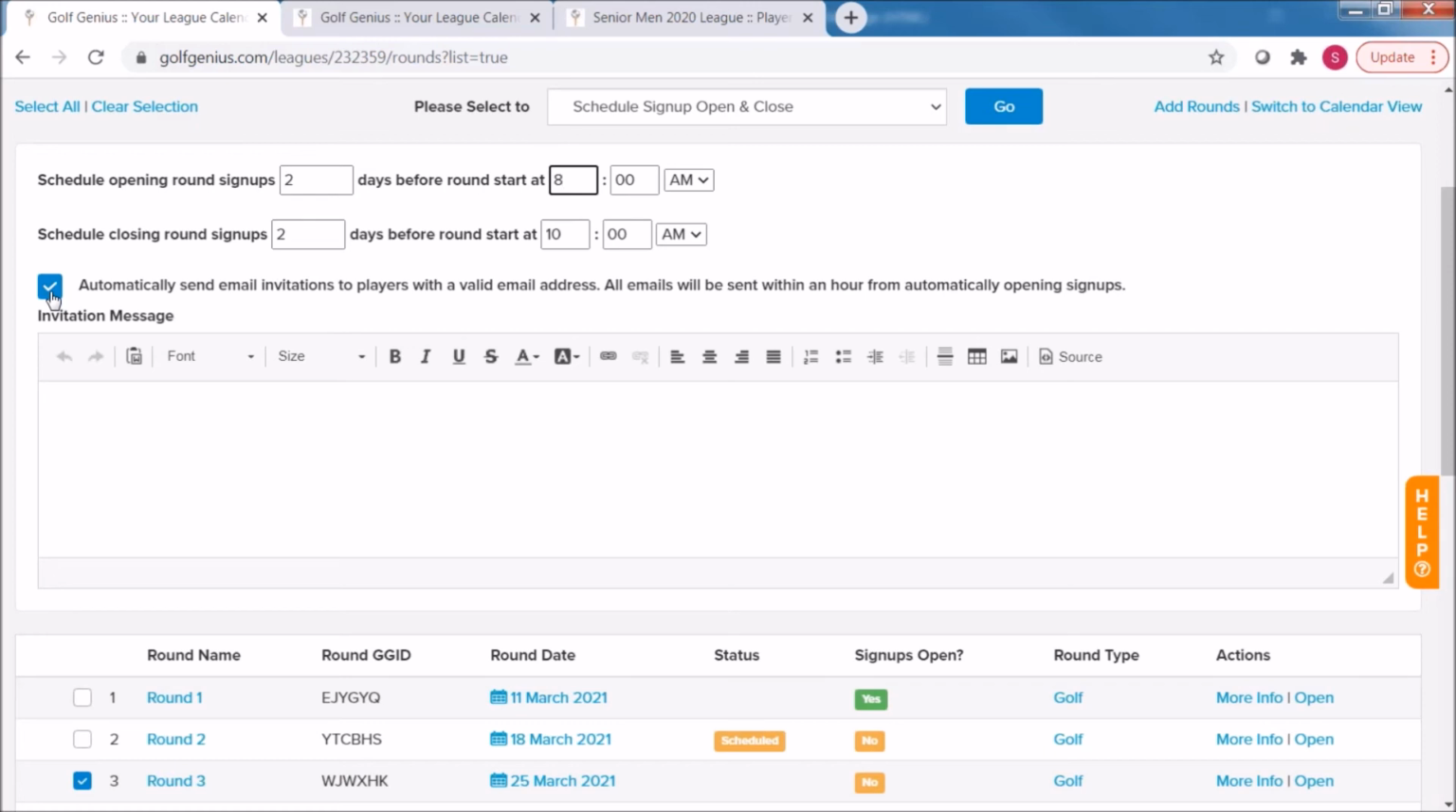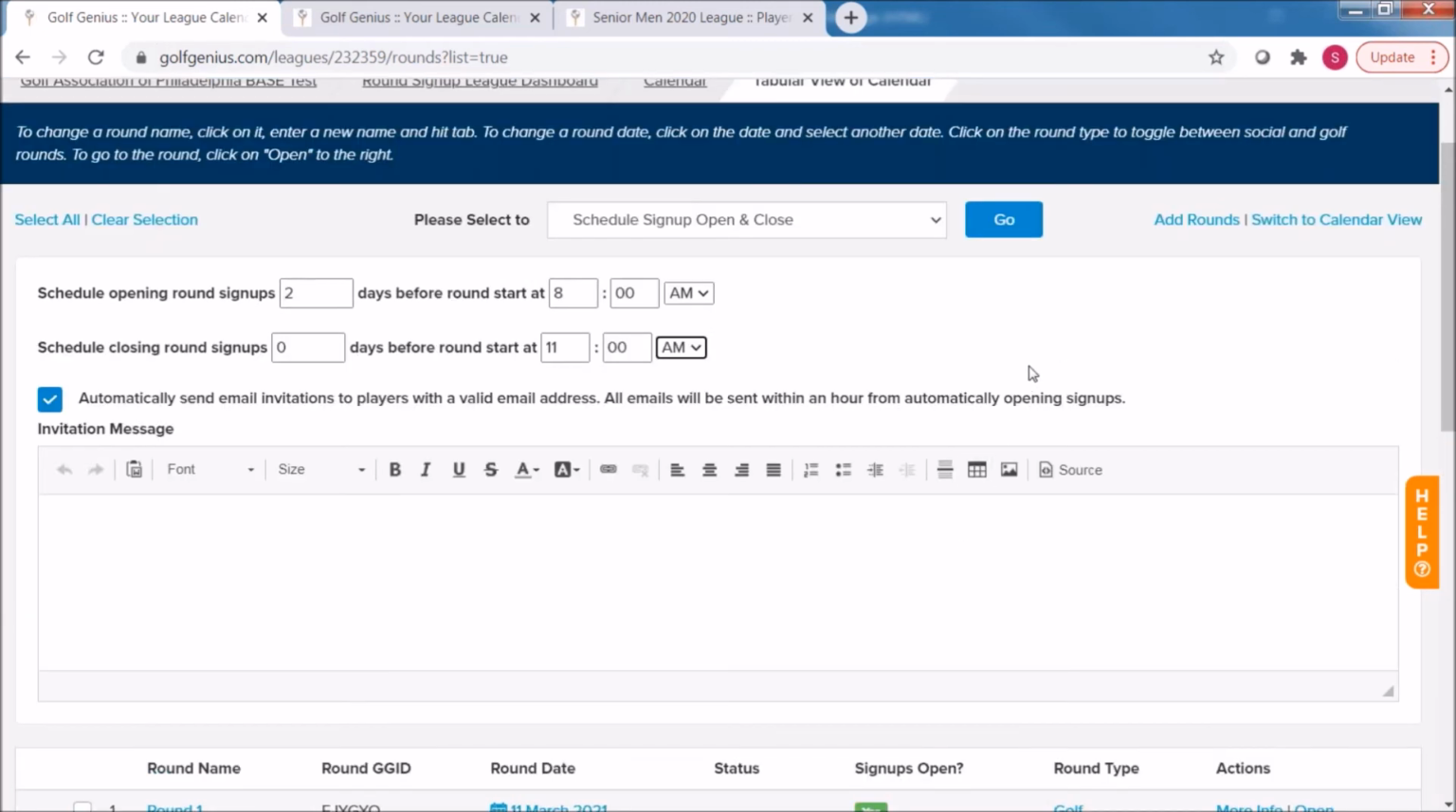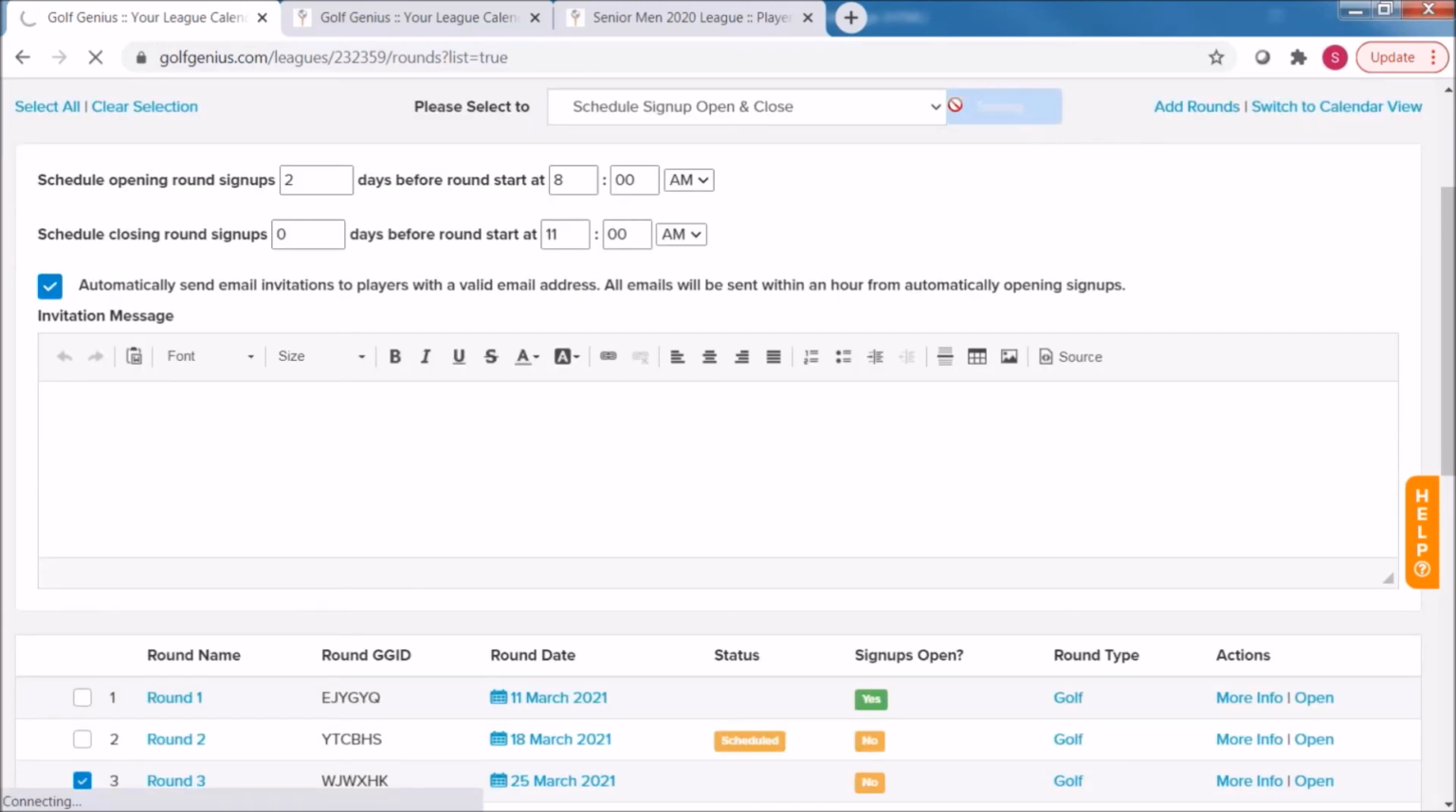And if you have this option checked here, it'll automatically send the email invitation. So what we had done manually in the first go around, it'll automatically send it 2 days before at 8 a.m. Then let's say that the times always go off at like 4 o'clock. We can close signups the day of, so 0 days before, and do it maybe 2 p.m. just to give a couple hours to create the pairings and print the scorecards. You could even do much earlier than that. You could do 11 a.m., even earlier, but the flexibility is there. Then if you hit go,